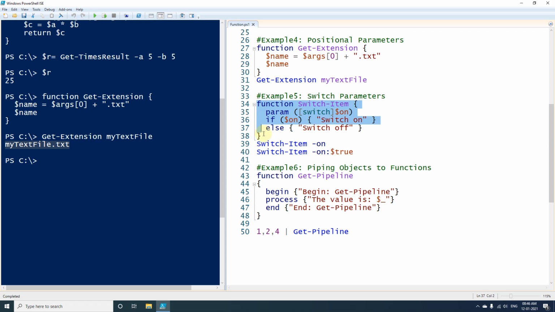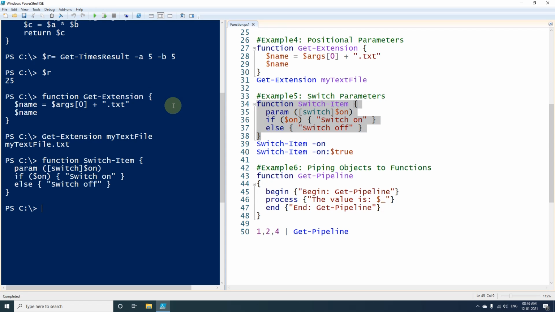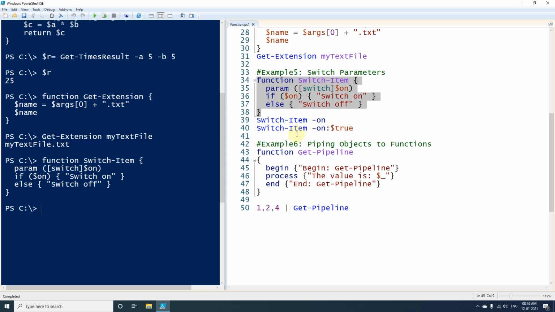So let's first execute this function, and after that I will call that function. While calling we also have two options. Either we can simply use the parameter with hyphen instead of dollar. While declaring we have to use dollar, but while calling we have to use hyphen before the parameter.